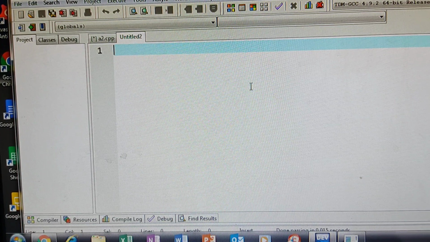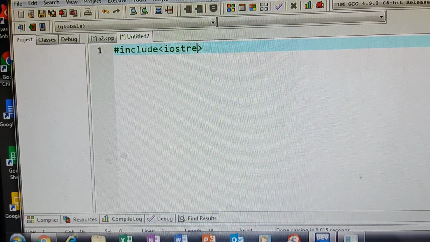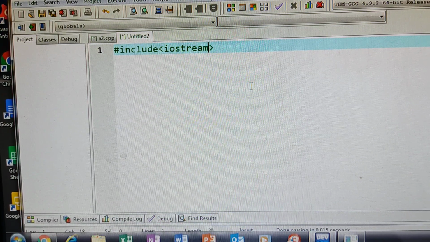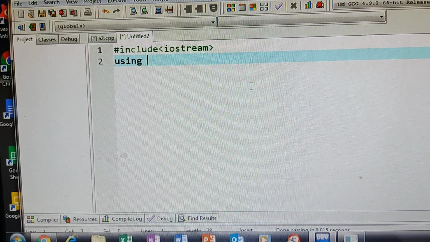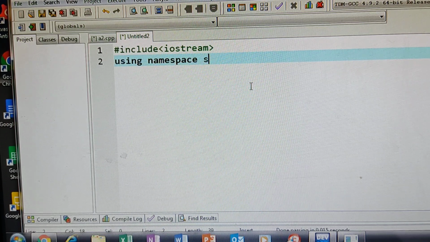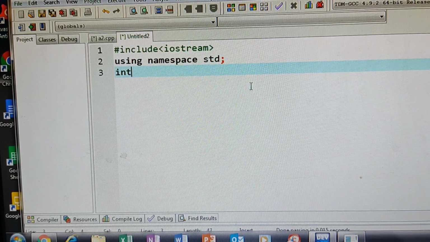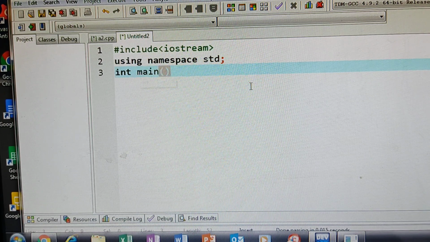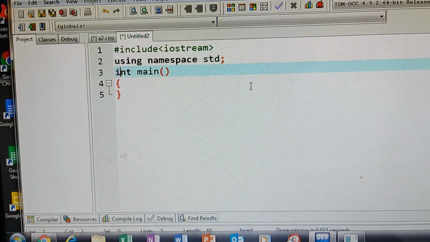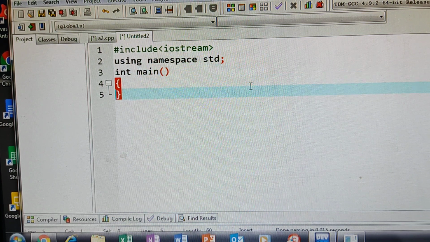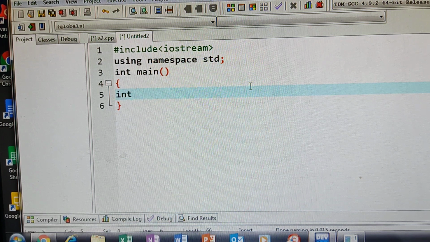First you start with the #include iostream. Next line is using namespace std. Next go with the main function, int main. Next open the brace. Inside the brace I am giving one variable, that is int day.